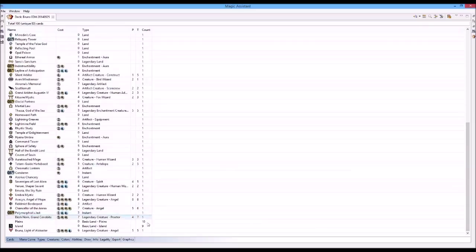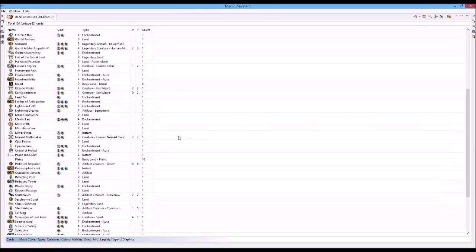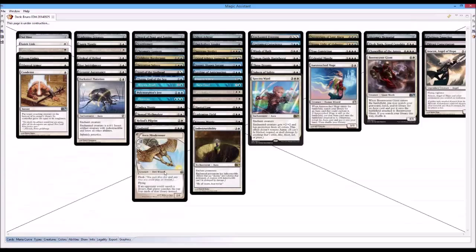In my deck, I've got 10 plains and 9 islands. Just so that you're aware, let's sort that by name. 10 plains and 9 islands, and the rest are singleton. As you can see, 100 cards. The goal of this deck was to enchant as much as possible, and also put in things to slow down my opponents. So to that end, we're going to start with